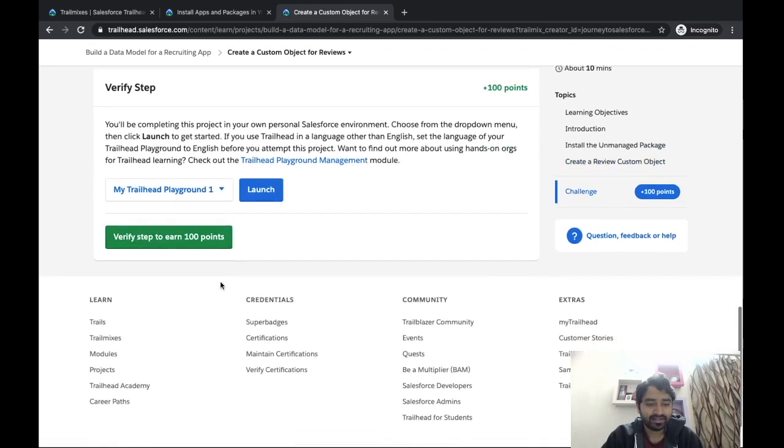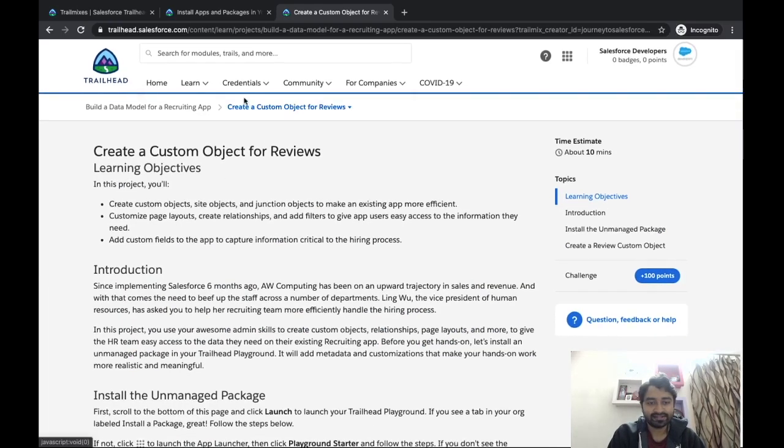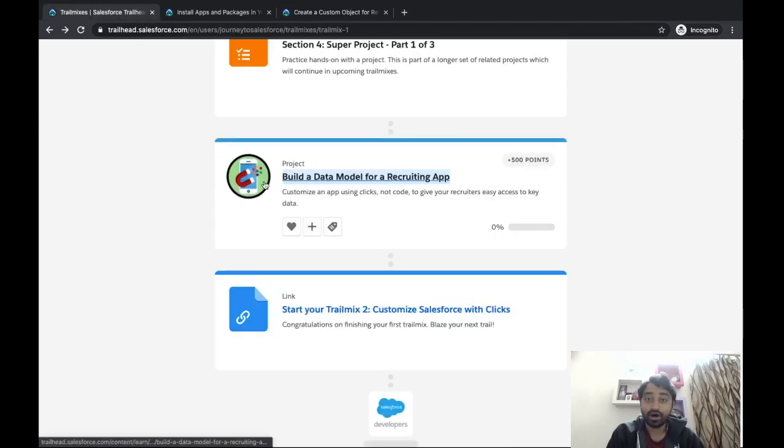And you keep performing these steps, and in the end, you just click on verify so that we verify your steps. So you can think of a project to be like a complete hands-on challenge where each and every unit contains a bit of steps that you perform on your Salesforce instance, and then you work around with it. So those are the two kinds of things that you're going to find. One is a module, one is a project. There are questions and answers, and there are hands-on challenges. So that is Trailhead. And the moment you, like I said, the moment you complete each module or a project,